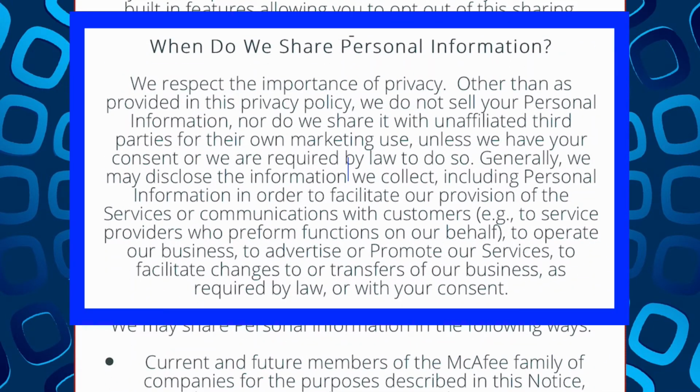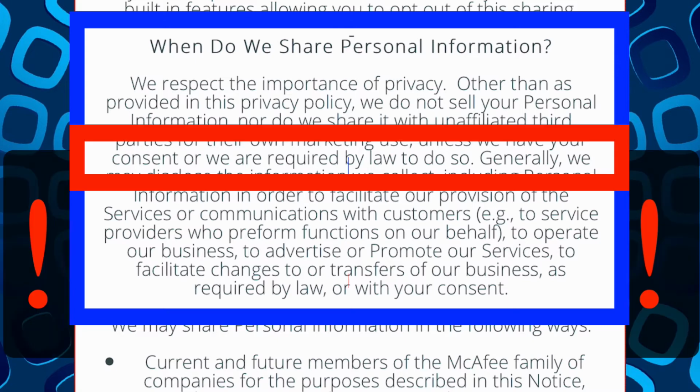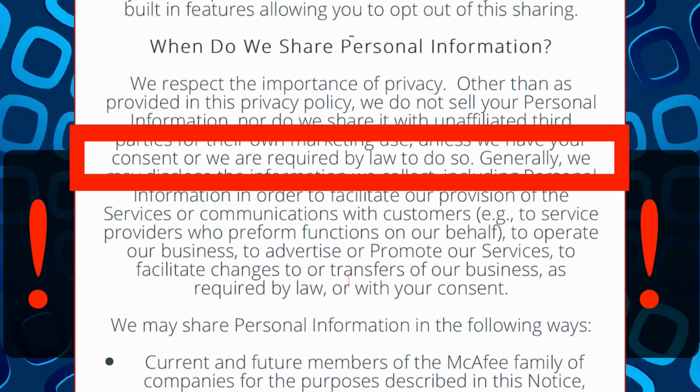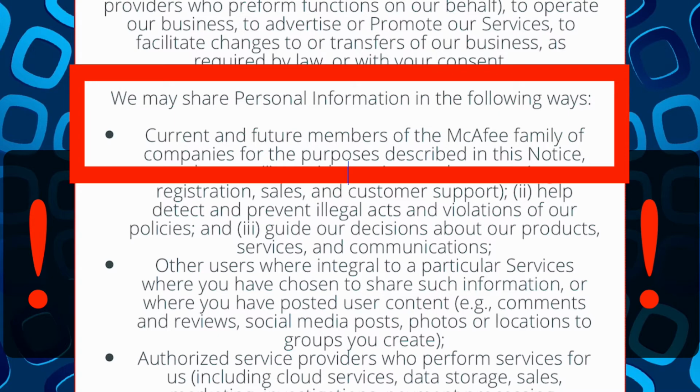The other important thing is, when do we share personal information? They start by saying we respect the importance of privacy. Other than as provided by this privacy notice, we do not sell your personal information, nor do we share it with unaffiliated third parties for their own marketing use, unless we have your consent or are required by law to do so. They may share information in the following ways: current and future members of the McAfee family of companies,